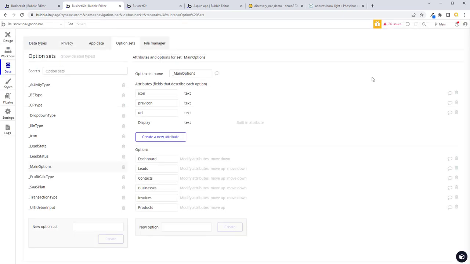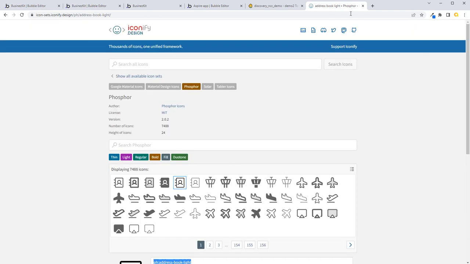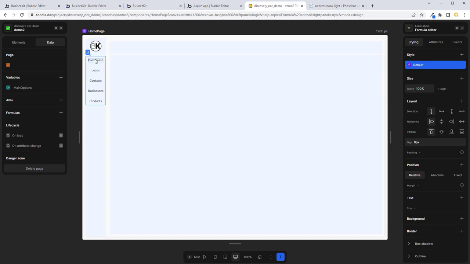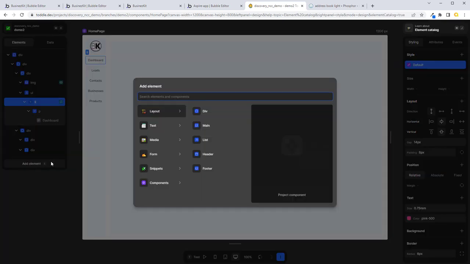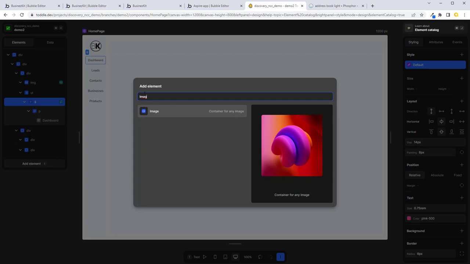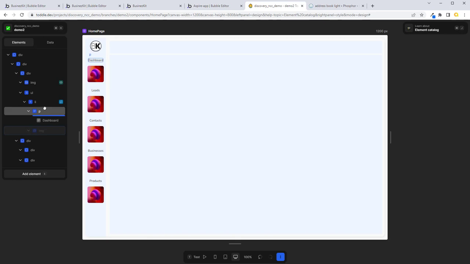We don't have a plugin in Toddle, so we have to do it ourselves, but fortunately Toddle very closely aligns with web standards. It doesn't try and abstract everything out for you, so we can take advantage of that here. We want icons for dashboard, leads, contact, business, products. So in our elements, inside our repeating list item, I'm going to drop an image. Toddle gives us a sample image there. I just want to pop it above the